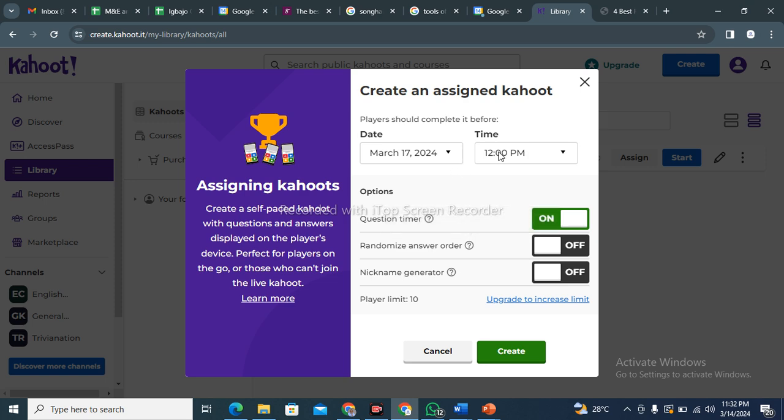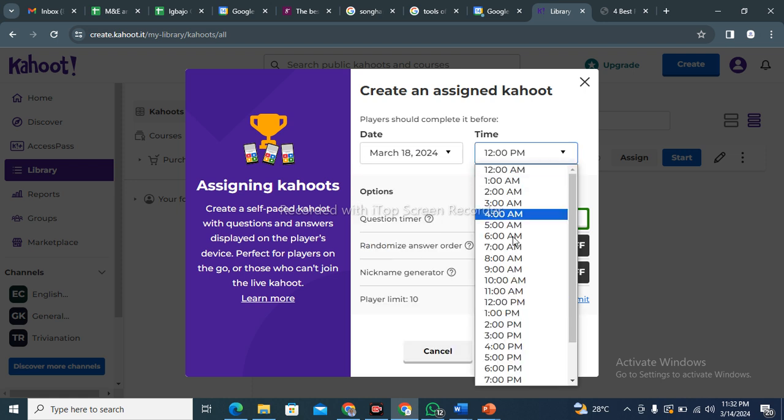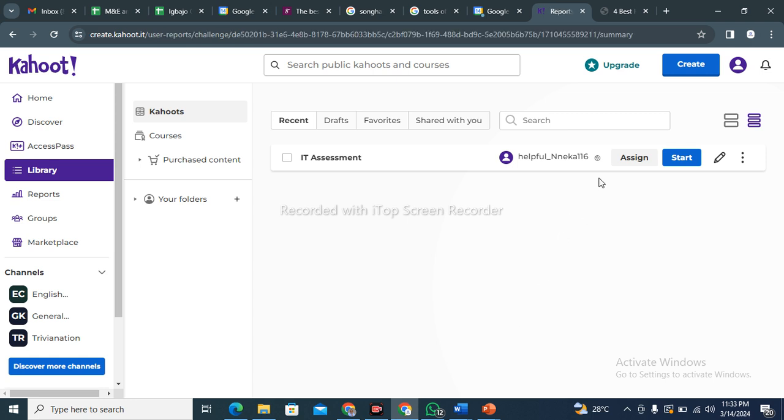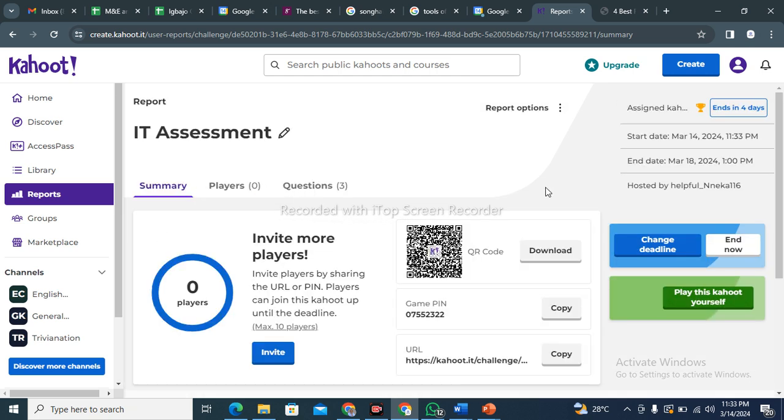I can assign it based on a time frame. That means my learners should be able to finish that test by a particular time. It's already giving me a date here. I can choose any time. I can choose 18th of March. I can choose the time, the maximum time they can do it, right? And a few other things, right? Now this becomes an assigned Kahoot, right, to people, right? Now what makes an assigned Kahoot different is there's a timeline, right, that they have to get involved with the